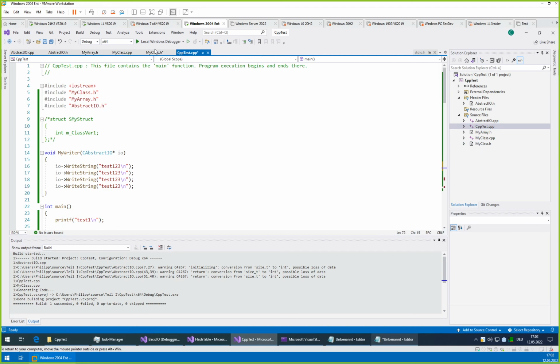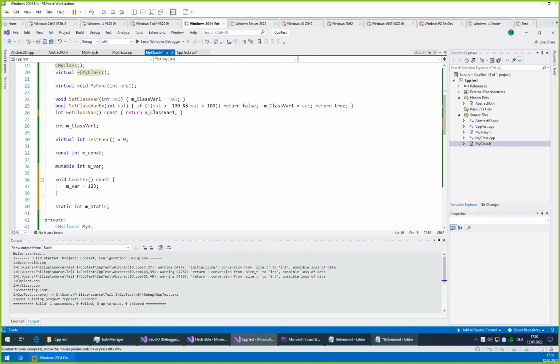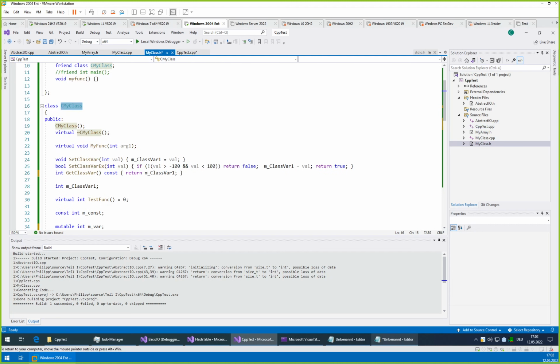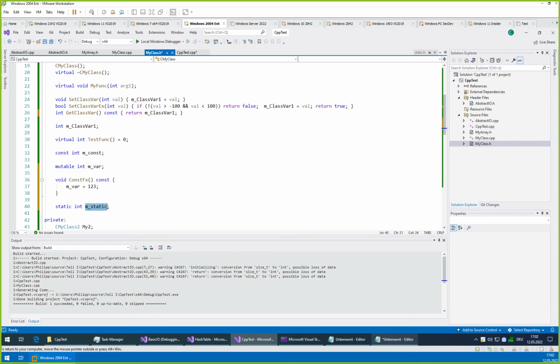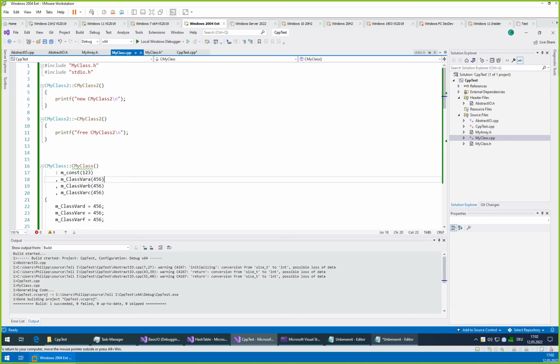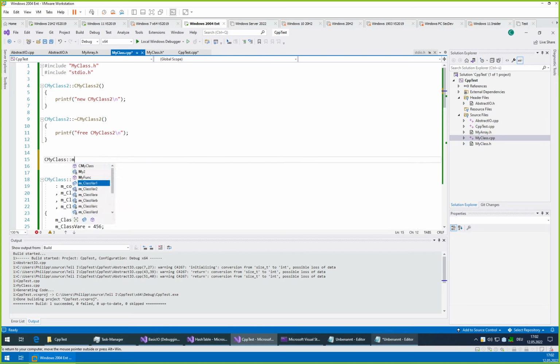While all these other variables we have here live in the memory block that is allocated for the class, a static variable will need to be explicitly placed somewhere. So for example, we can place it here. We write in the class name, static, and we assign a value.